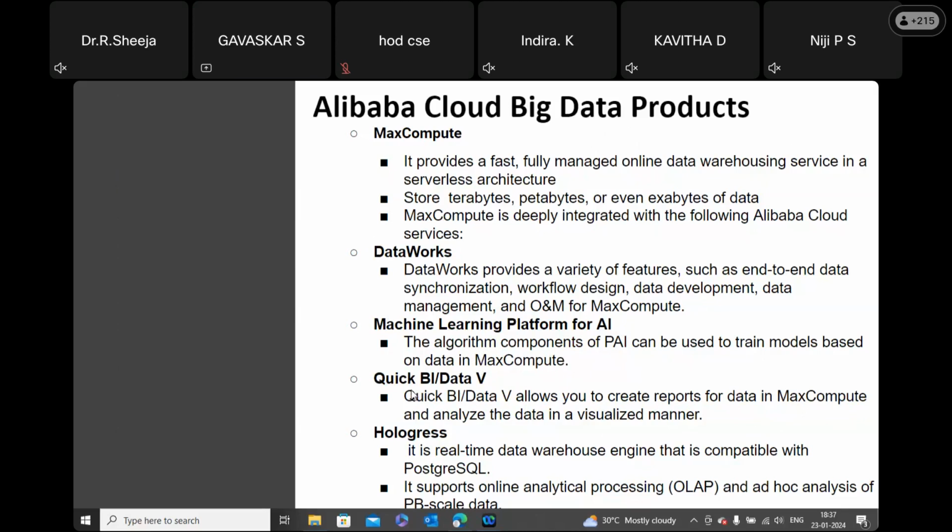And you see QuickBI and DataV. QuickBI and DataV are for creating reports for the data in MaxCompute and analyzing the data in a visualized manner. If you want to present the data in a graph chart or bar chart or by histogram like this, you know, different